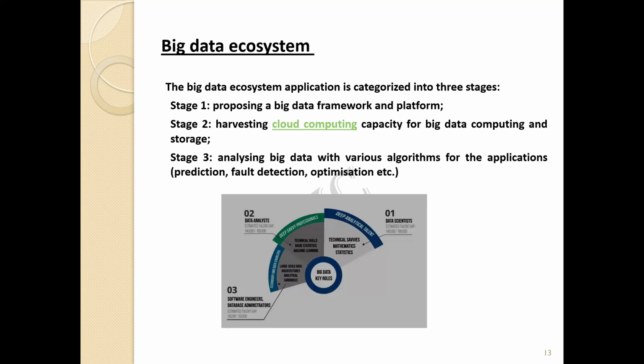In big data ecosystems, we have data analysts, software engineers, database administrators, and data scientists. Data scientists should have deep analytical talent.